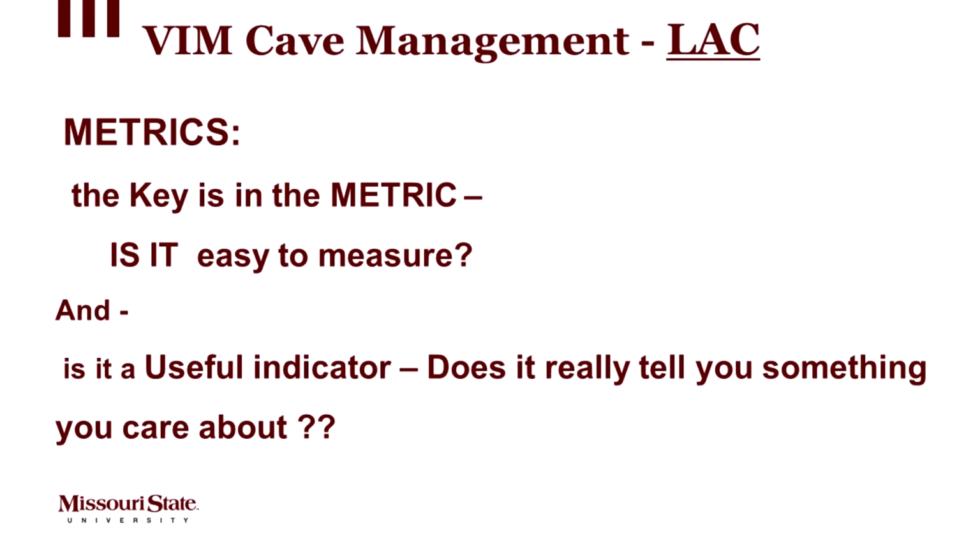And that becomes the key then for visitor impact management. How do I pick out the right metric that's easy enough to measure that I can get good data and build a good database, and that it's also a useful indicator? Is it really going to tell me something about what I need to care about to manage that resource, how I protect that cave? These are all details that you can read if you want to read in the Gillison book. I'll note that if you read the Palmer book, he has a very nice approach that he just calls